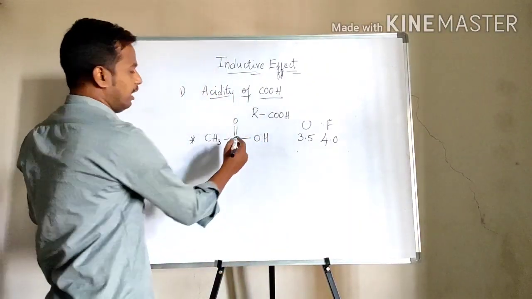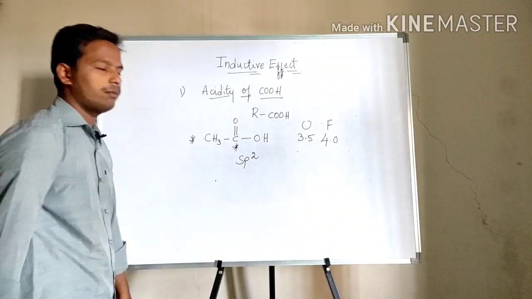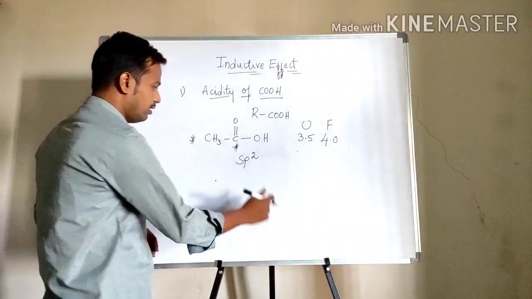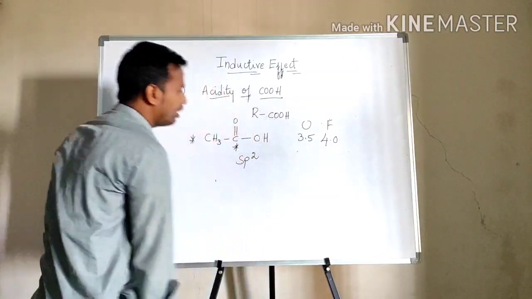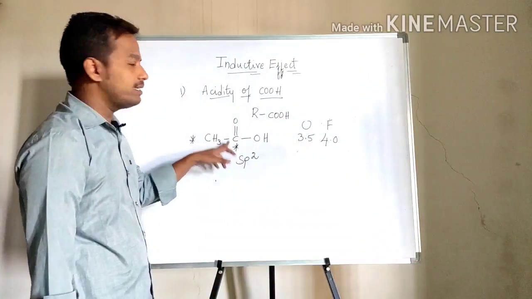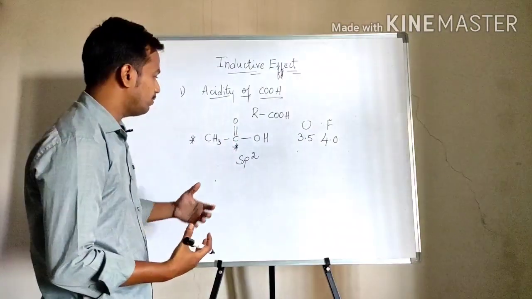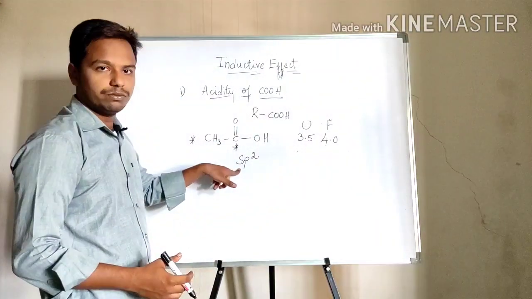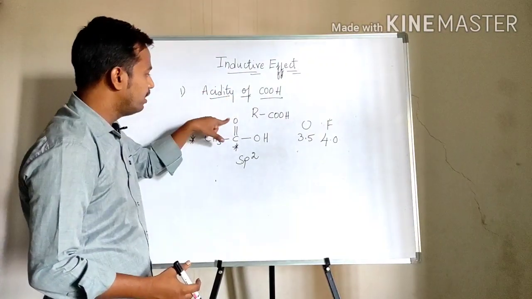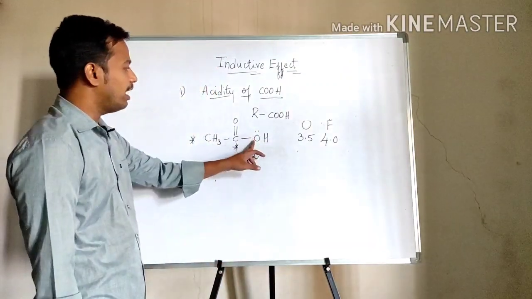See here, this carbon is an sp2 hybridized carbon. When we talk about the electron movement, this carbon is attached to oxygen. That makes this carbon more electron deficient. Why? Because it is already sp2, so it attracts more electrons, and oxygen again pulls the electrons. Oxygen has lone pairs of electrons.